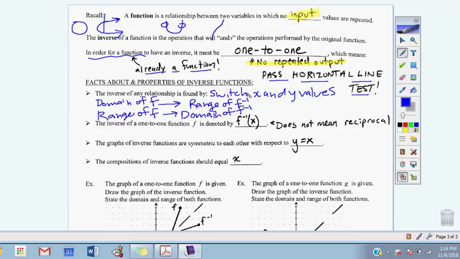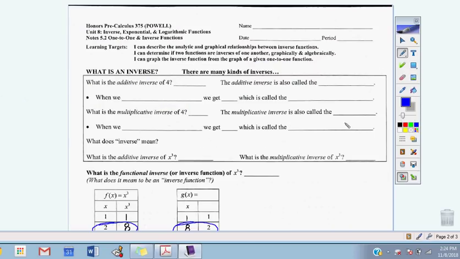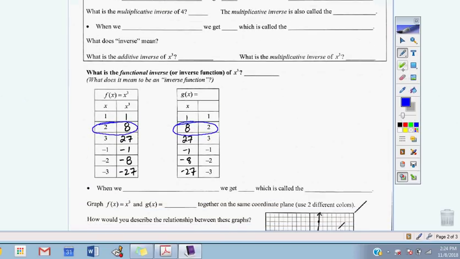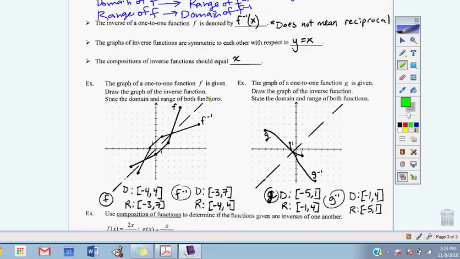And once you get this whole kind of switching x's and y's concept, that makes sense. And on this page, that makes sense as well. Like, look at this. We've got domain of function. What does that match with? Range of inverse. And then we've got range of function matching with domain of inverse because of the concept of you put something in here, you get something out. That output is now the input, and it gets you back to where you started. So that should all connect together with inverses. Okay,